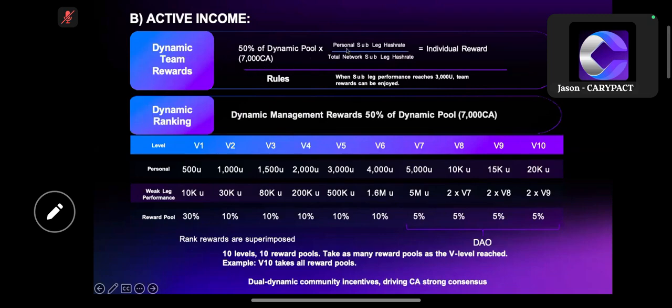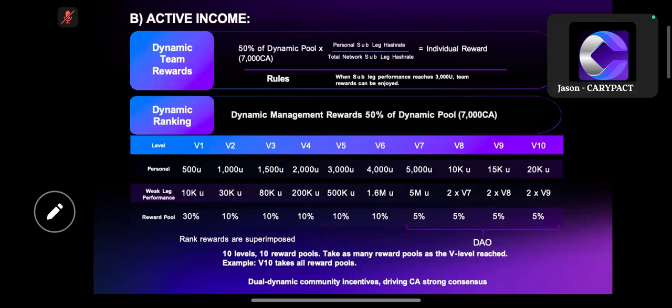Now, how to do this calculation is from your personal small leg. What you need to do is calculate this based on your personal small leg. Let me give you an example. You can even start from a minimum of 2 legs. Let's say you have 2 legs: one leg you have 30,000 sales, another leg you have 20,000 sales. You only have A leg and B leg. A leg has sales of 30,000, B leg has sales of 20,000.